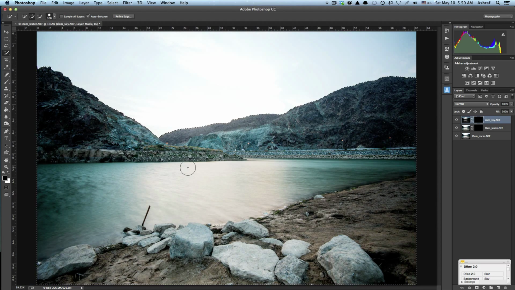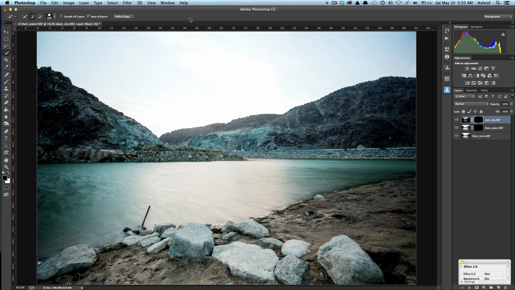Now normally, just not to have a harsh edge, because it's exactly as if you brought a scissor and went through all the edges of the mountain, that's going to give very sharp edges. To make those sharp edges soft, once you do a selection, you can simply come and, okay, before that,